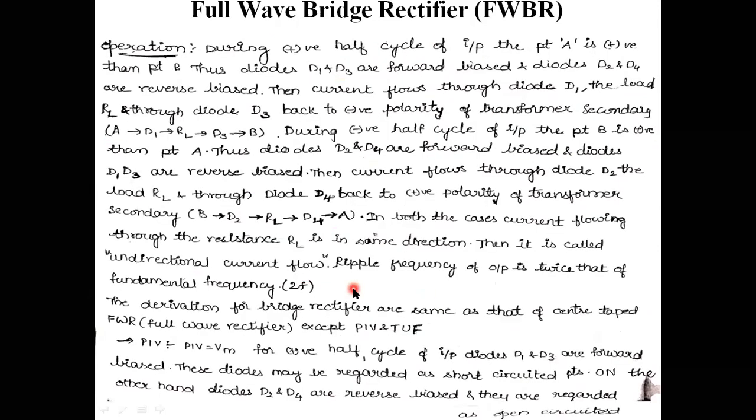And that basic difference we are going to see. We are going to consider only one diode. Across each and every diode, if it is forward bias condition, two diodes are conducting. If it is reverse bias, two diodes are in the non-conducting state. Therefore, the maximum voltage across each and every diode, I am considering as Vm here. That Vm is the peak inverse voltage.